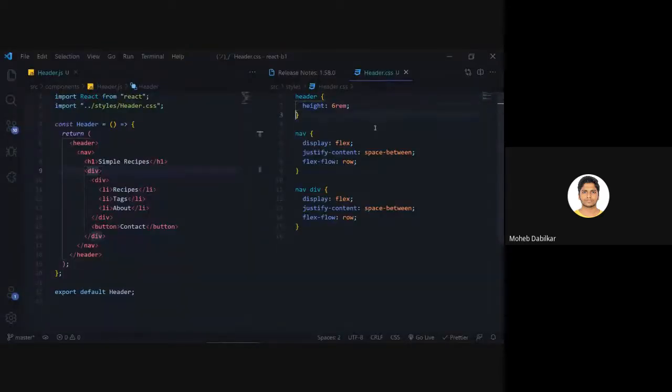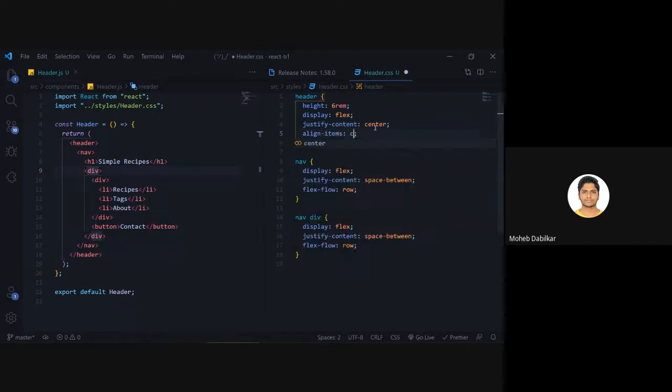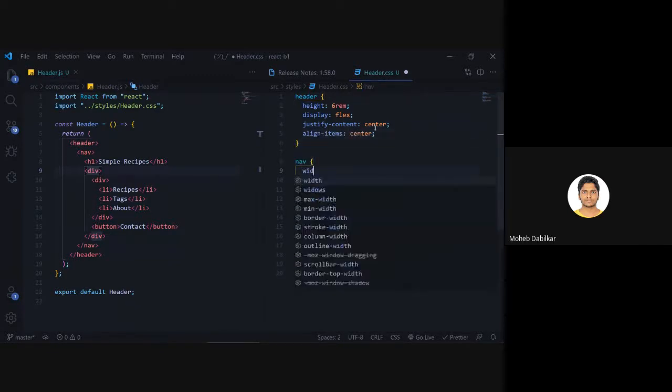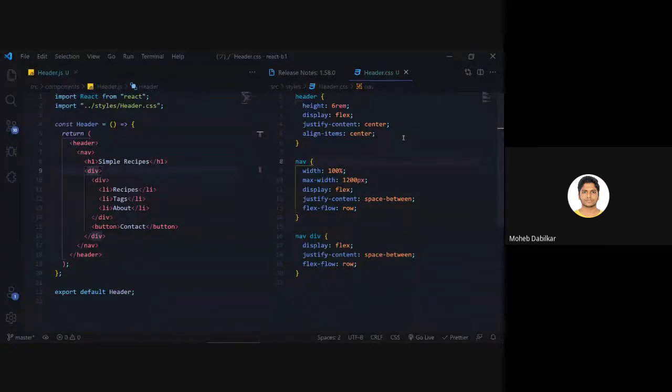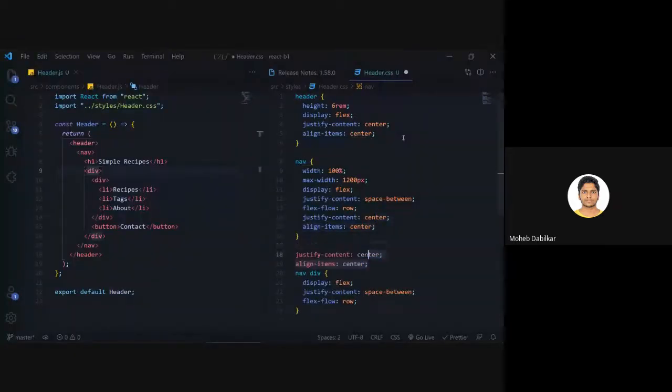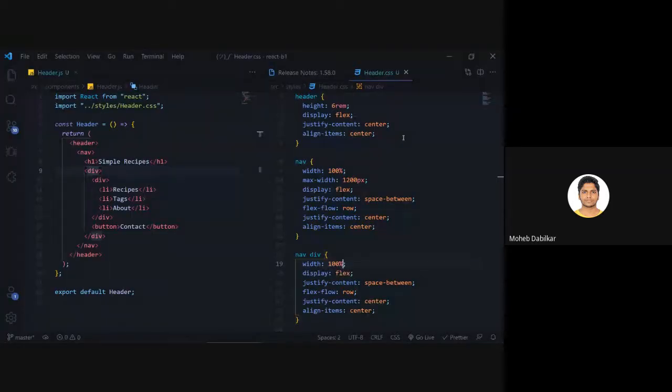Okay, chalo. We will say display flex, justify content center, align items center. All right. And for this guy we'll say width 100%, but there should be a max width of 1200 pixels only. So now it should look far better. Yep. And over here as well what we can do is save this. Yeah, and save this as well. I guess we need to say width 100%. So yes,